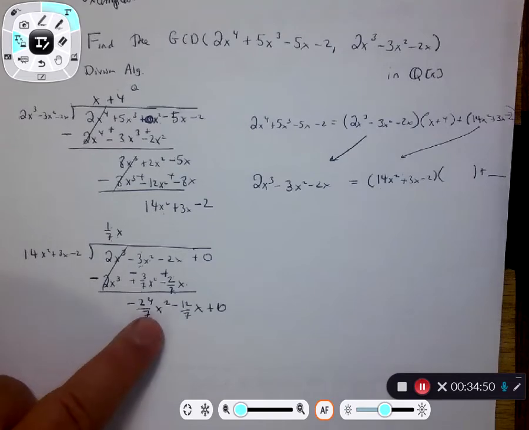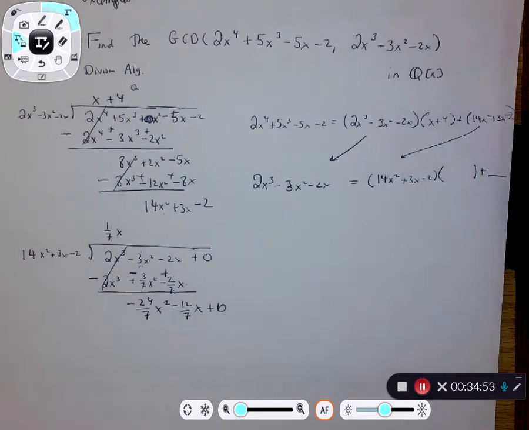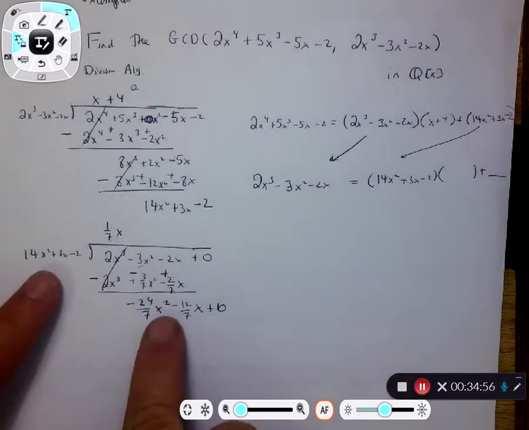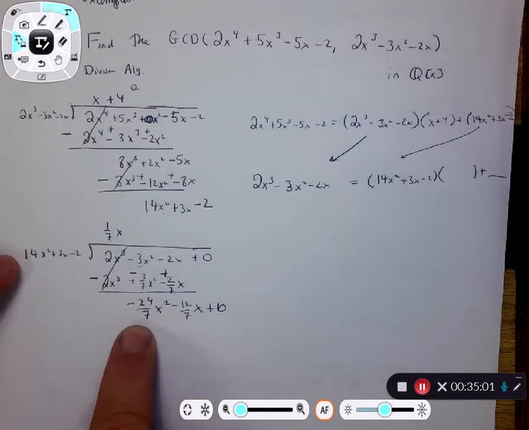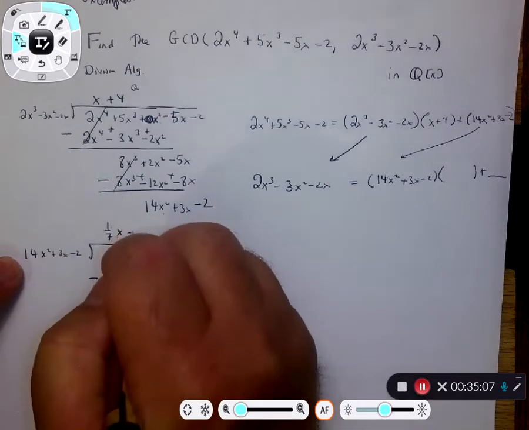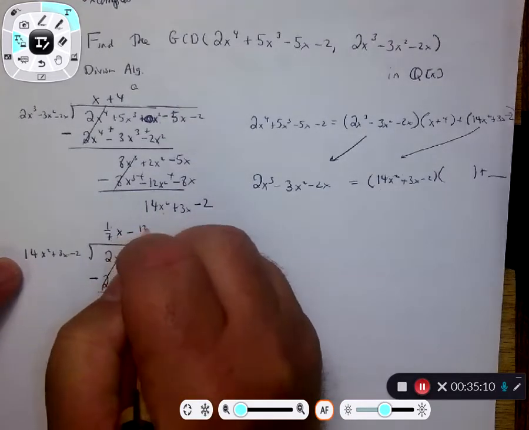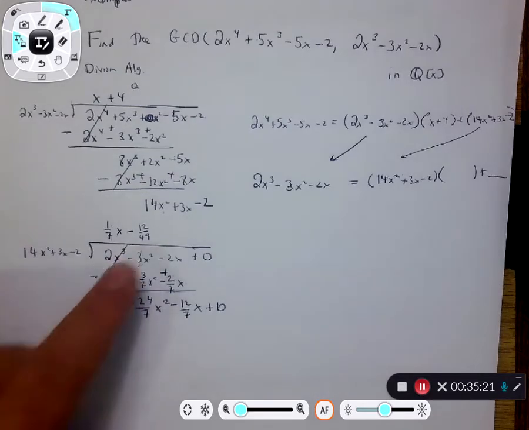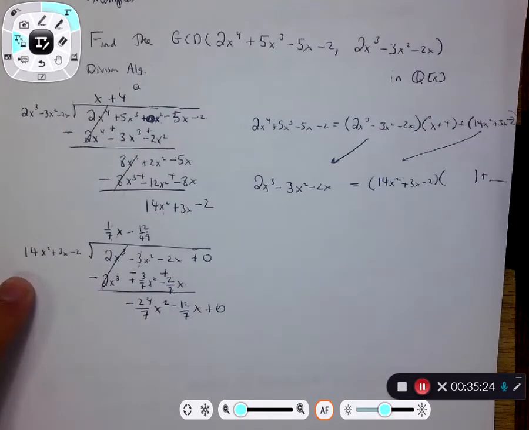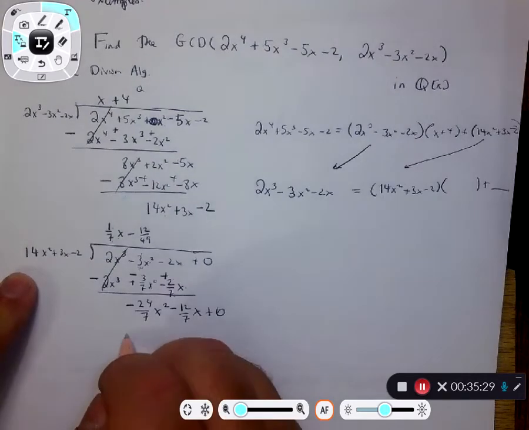24/7 x squared? Well, to figure out what you need to multiply by, you should be able to figure out the variable very easily, but the constant, you take your constant here, which will be your negative 24/7 and divide by 14. And when you do that, you get an awful fraction of negative 12/49. So when I distribute this guy, negative 12/49 times 14, you end up getting, that was kind of the purpose of it, a negative